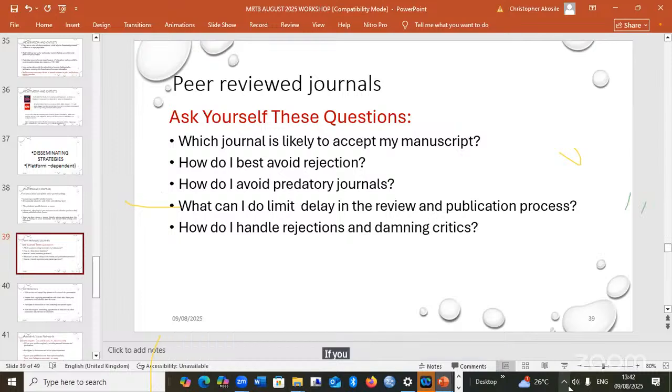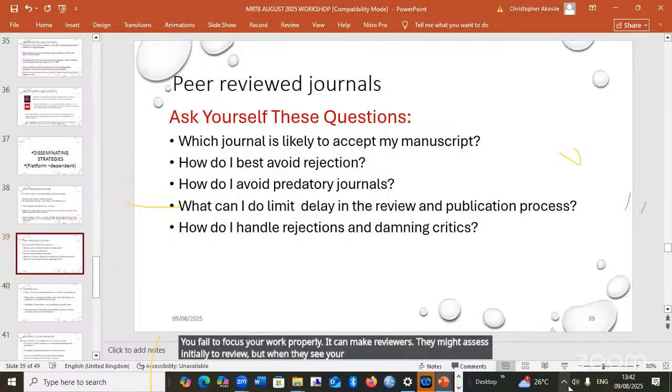If you write too lengthy a background, for example, or you begin to bring in some of the things that do not matter into your discussion, and you fail to focus your work properly, reviewers might accept initially to review, but when they see your style of writing, they might just drop the work somewhere.